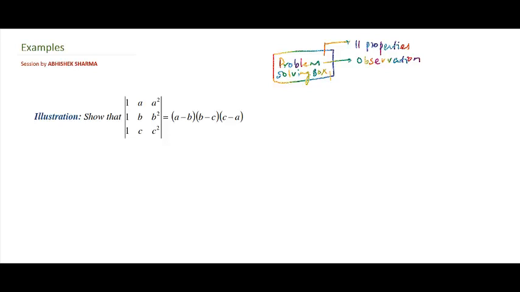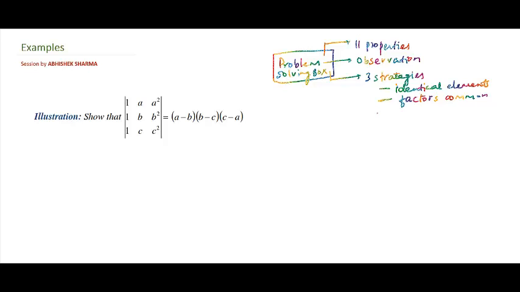And then you should be comfortable with our 3 strategies which we learned. To name these strategies, they were having identical elements in some row or column. Try to get identical elements in any one row or column, and then try to take factors common from the determinant. This will help you in simplifying the determinant. Calculations will reduce because of that.